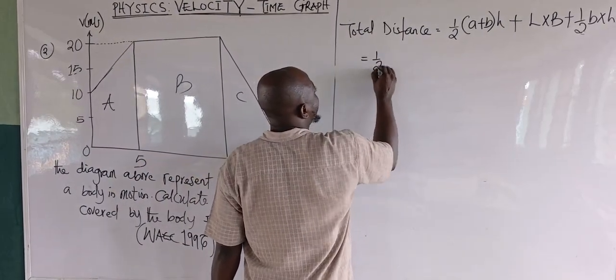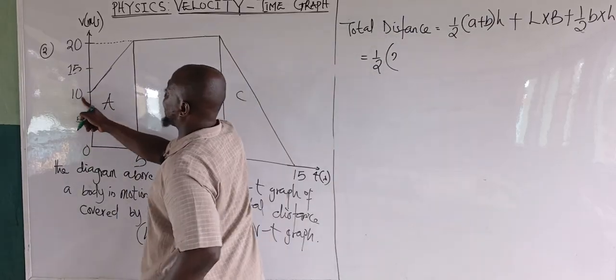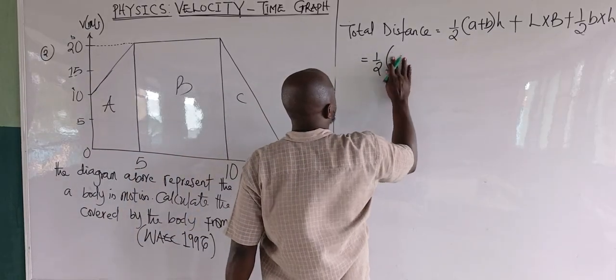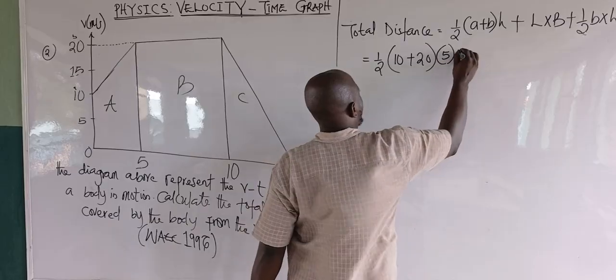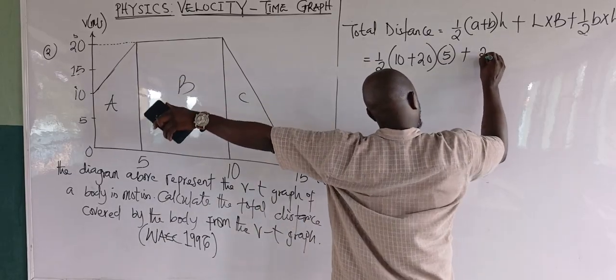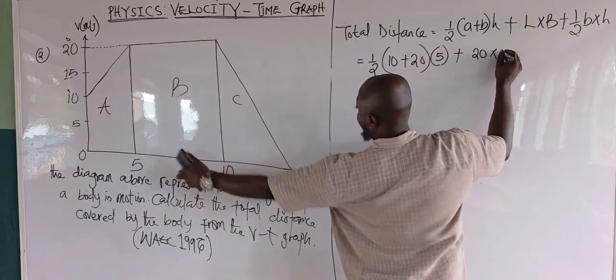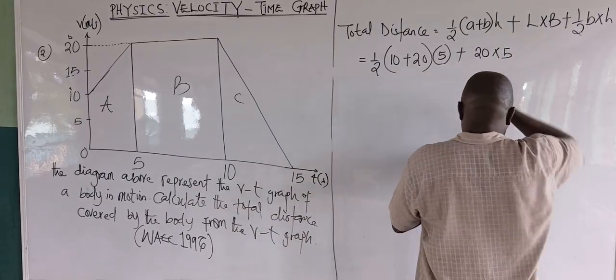So here becomes half into bracket. My A starts from here, this is my 10, and this is my B. So that will give us 10 plus 20. The height is now 5, the length is 20, times the breadth. The breadth is this minus this, so please don't forget that. I have this, and